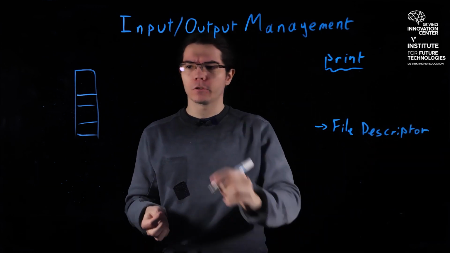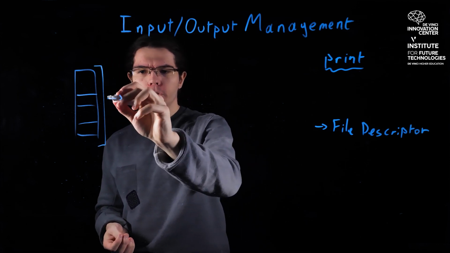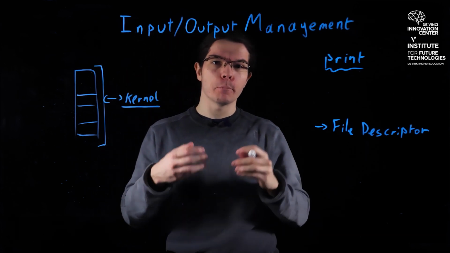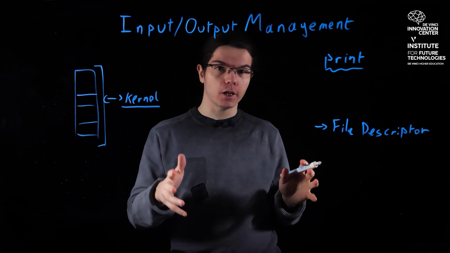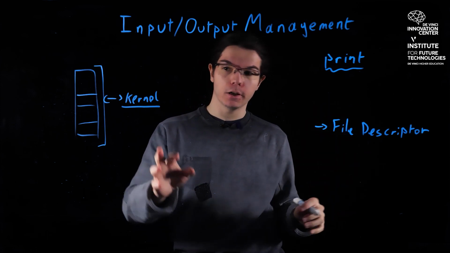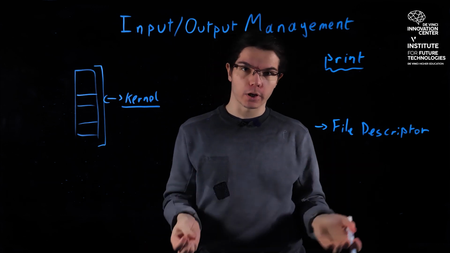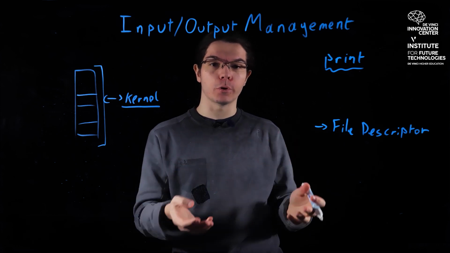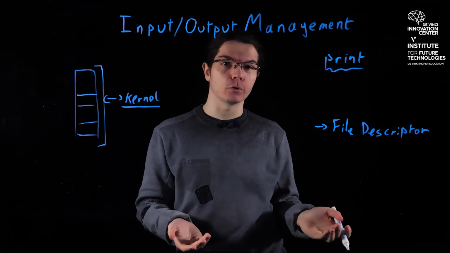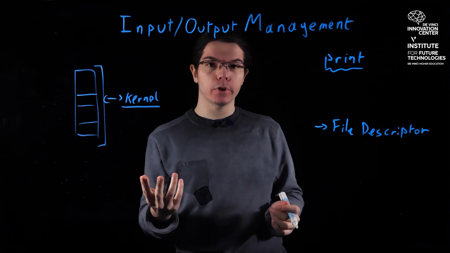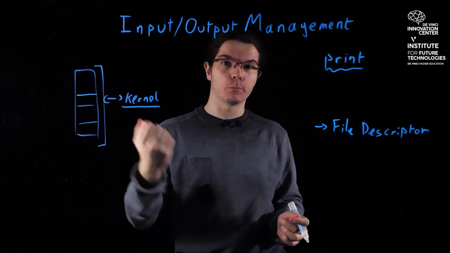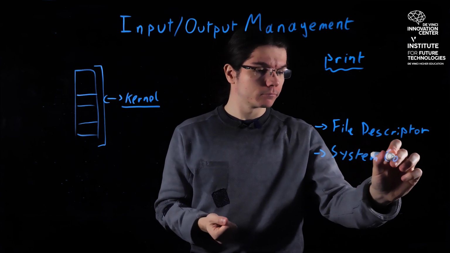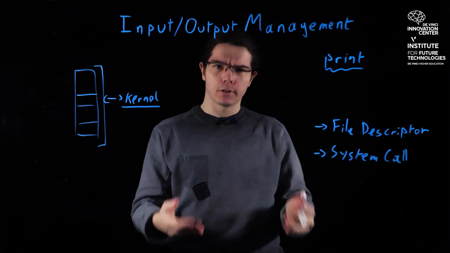So the way this works is the process is tightly linked to the kernel. And remember, the kernel is actually responsible for managing all sorts of input-output and managing everything that's between a process and hardware. And that also includes the print function, writing or reading from a file, creating directories, etc. So anything you might want to show to a user or you might want to write into a file, goes through the kernel. And the only way you can interact with the kernel from a process is with system calls. So, okay, let's have a look at that.